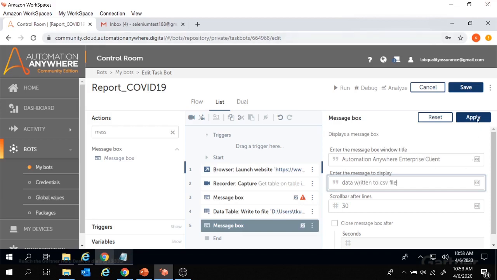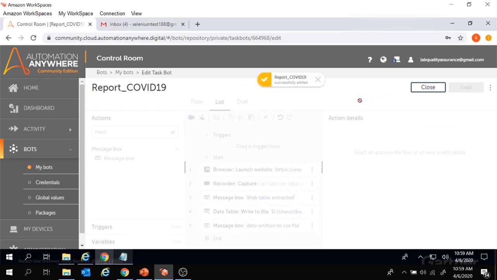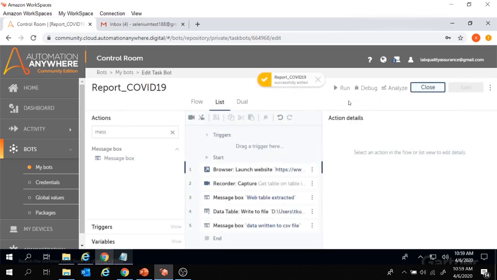So let's click on apply, and let's click on apply for this message box as well. So let's save this bot, and I will quickly run this bot to see how it works, and after that I'm going to add a trigger and add a send email option. So let's click on run,